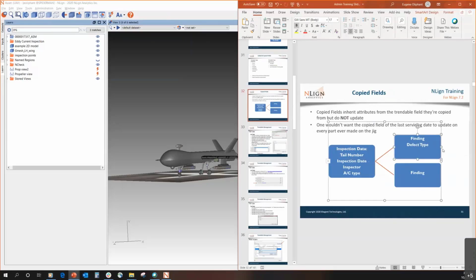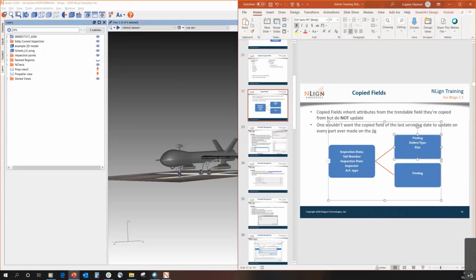He might record like size of the defect. And so these would just be things that he inputs directly. But for each finding, he also wants to know what the tail number was for this specific defect. What was the date that this defect was found? Who was the inspector that found it? What was the aircraft rev or type that he found it on? So basically, all these fields that I've listed here on the parent, I want them on the child as well,